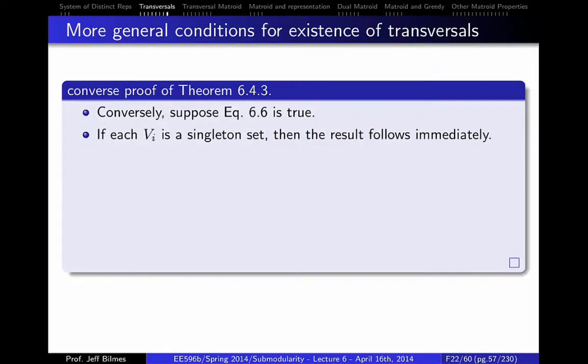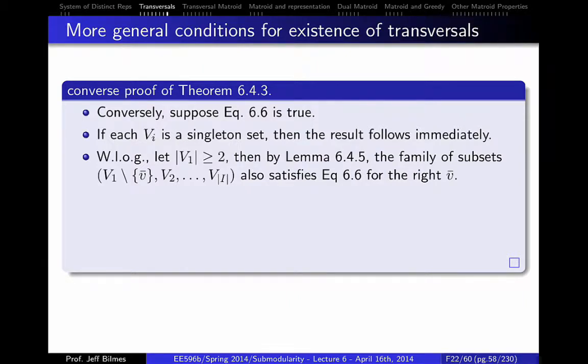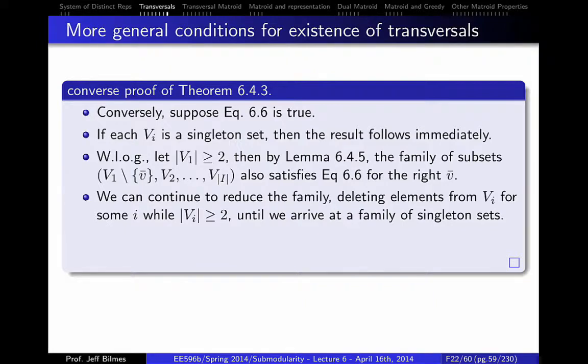So in that case, it's trivially true. And without loss of generality again, let's say that V1 is the one that is not a singleton set. Then when we use lemma 6.4.5, we can remove it. We also satisfy 6.6, and maybe at that point this becomes a singleton set and it's trivially true, or if not, we just keep continuing to remove an element from any of the sets that have more than one element until we actually have all of them be singletons, in which case we've recovered essentially a subset of items which satisfies